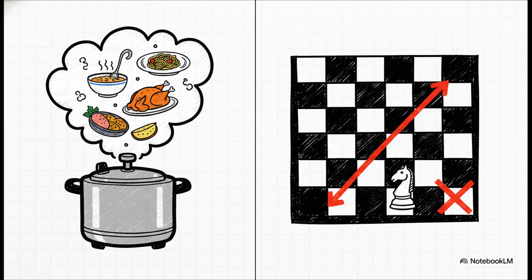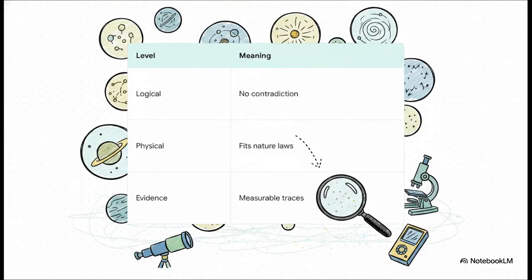You can also think of it like a pressure cooker. The same basic machine can create vastly different meals depending on the ingredients and the heat. The cooker doesn't need to specifically try to create each dish. In physics, if reality is generated by a rule-based system, a single underlying framework could naturally produce an enormous range of different universes as completely natural outcomes. But of course, possibility is not the same thing as evidence.